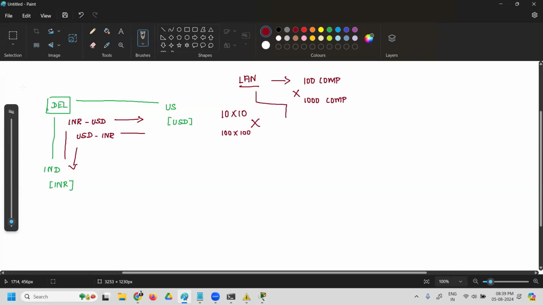You go for LAN to interconnect devices to achieve two things: one is data sharing, and another one is resource sharing.